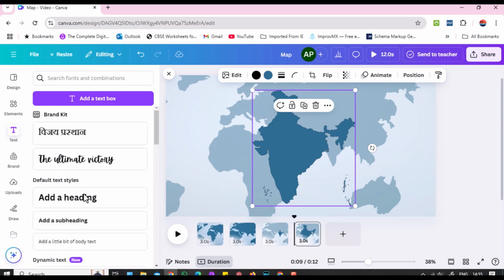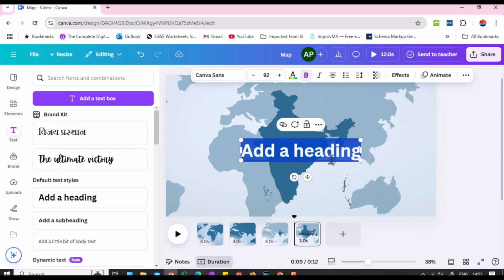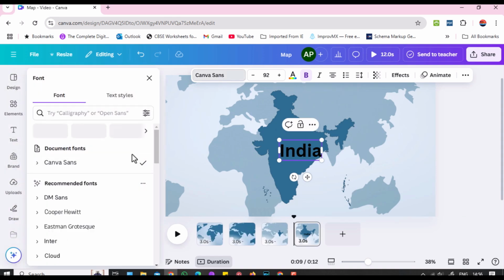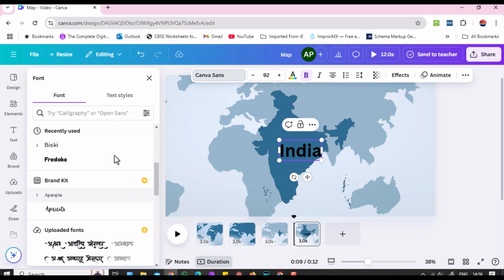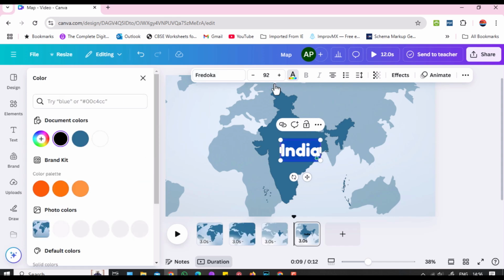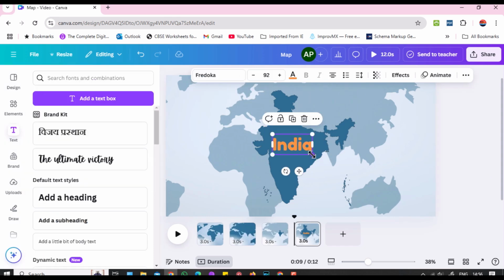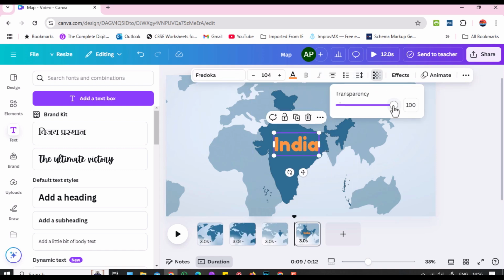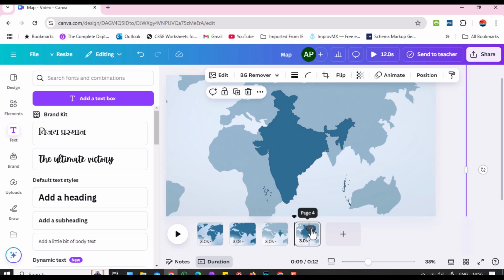Add a heading with the name of the place and adjust the font and color as needed. In this same slide, set the transparency of the text to 0.